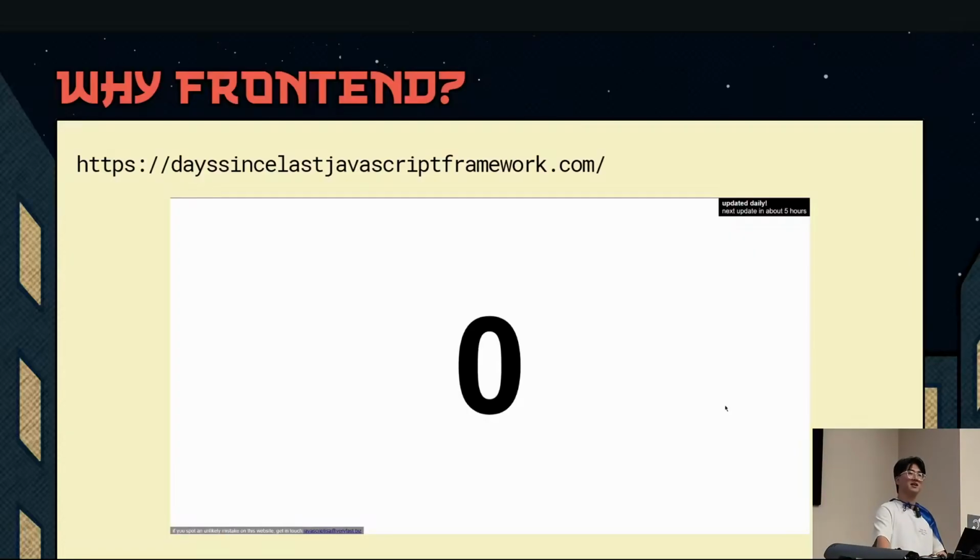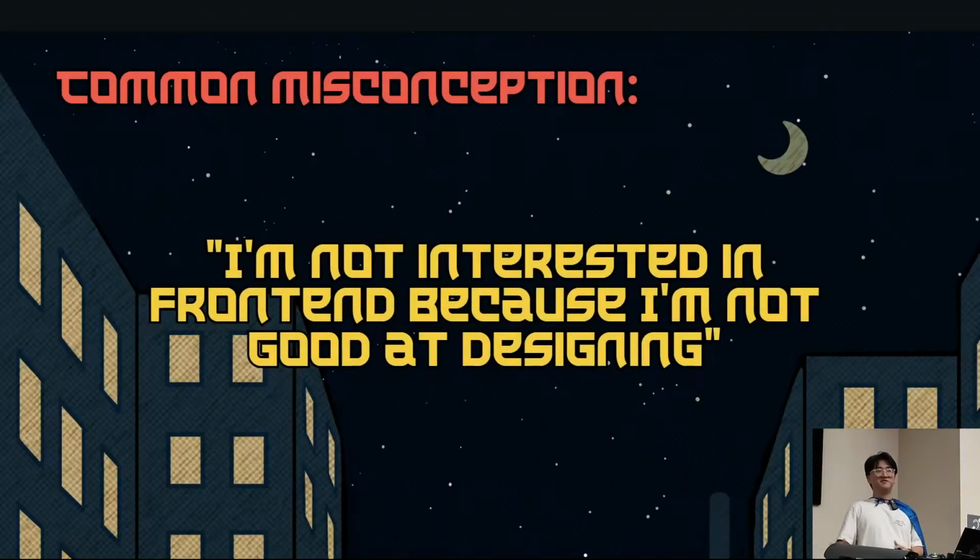But I want to first talk about a common misconception. Whenever I talk with people who haven't done front-end development before or are just getting into software engineering, I ask them, why haven't you tried front-end development yet? And they tell me, well, I'm not interested because I'm not really good at design. And the thing is, designing the front end is different from implementing the front end. Front-end developers implement the elements that the users see, but the actual work of designing it and researching what the user would like to look at and how they would experience the whole application is a job for a UI UX